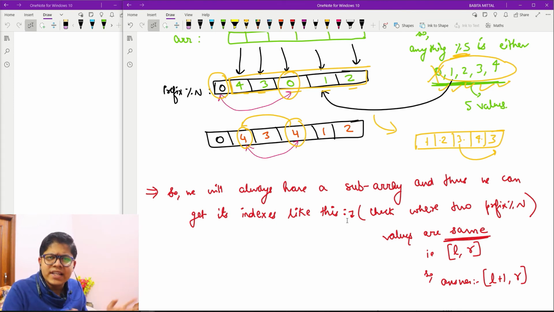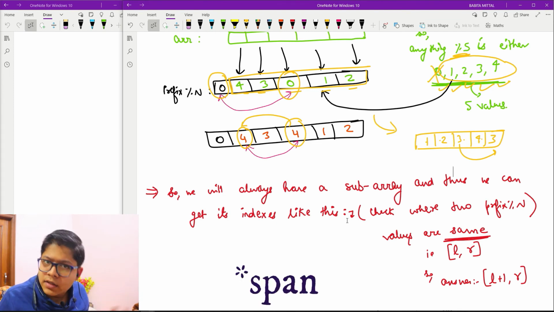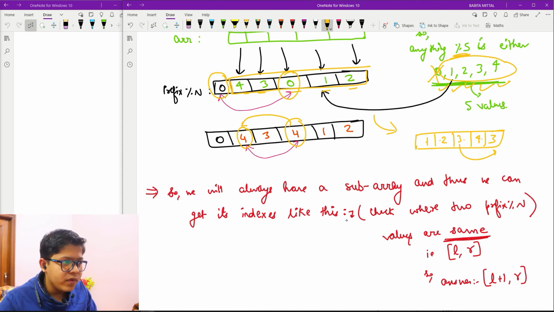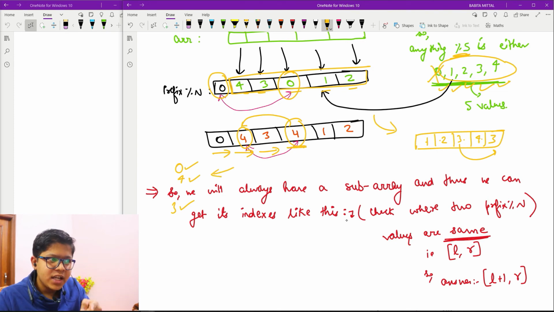You can do it in just a single pass, which means that I'm moving along and I know that my 0 has occurred, my 4 has occurred, and I'm moving like this, now my 3 has occurred. Now when I reach 4, I see that my 4 had already occurred, which means that this is another location of 4.